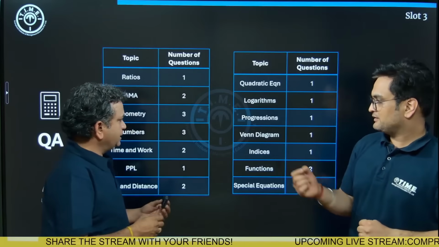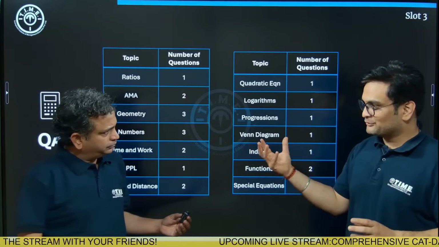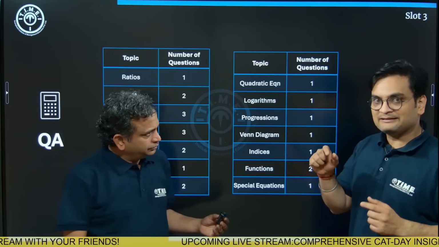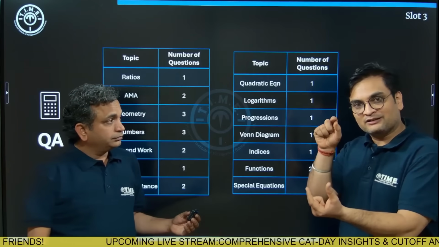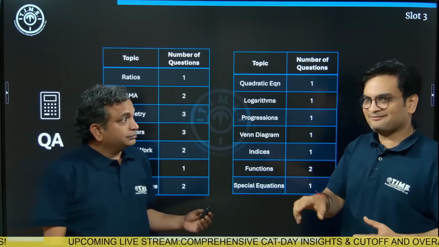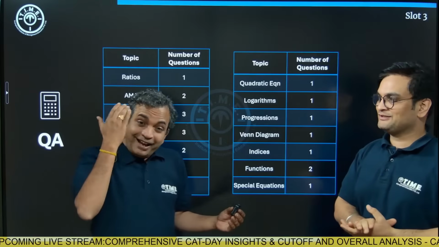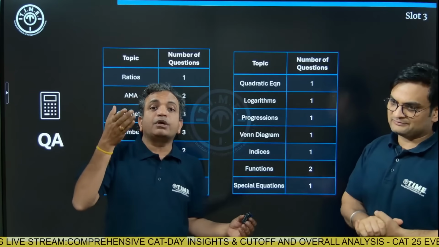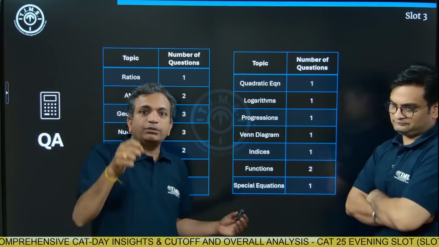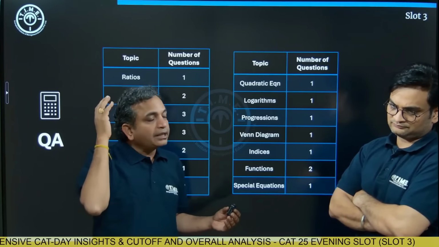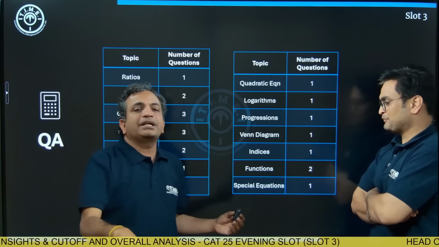All right, let's go back to this. A small point to add there. Regarding speed maths, there were also some reports coming from some students that the calculator was not working properly. In the sense, if they are clicking on the number 3, it's getting clicked twice. Okay, some kind of hardware issue. So that may happen with you. So that's one more reason why you should focus on speed maths. And even if such an issue does not happen, it's a mouse-based calculator. It will take a lot of time. If you want to click, let's say 329, you need to make 3 mouse movements, and that is going to be very, very slow. It will eat up your time. So you better therefore have speed maths as your protector.